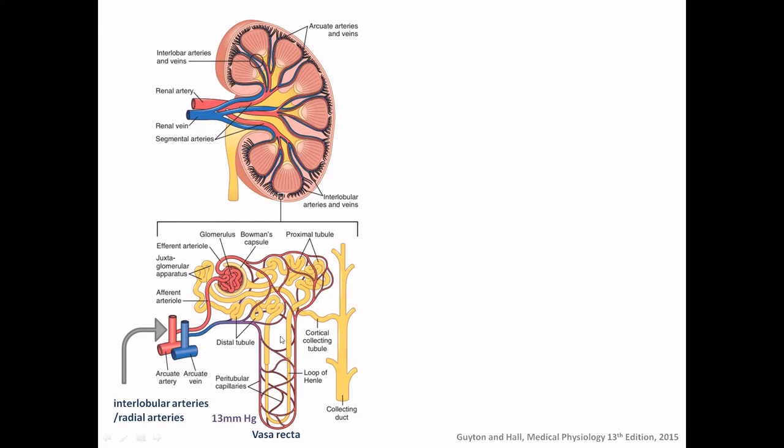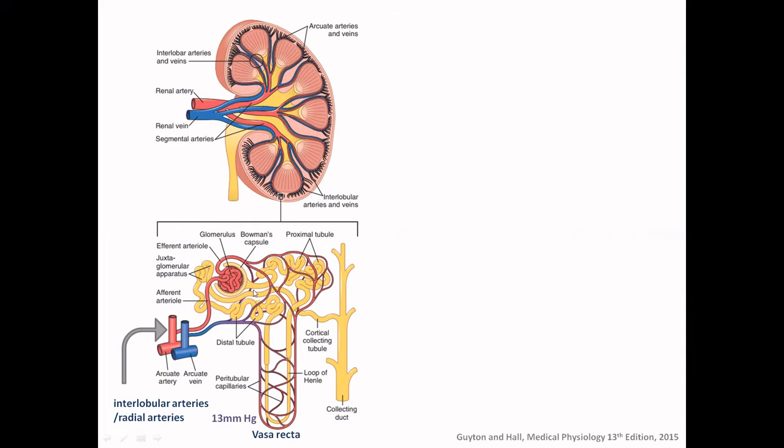The artery is branching, rebranching itself. So from this vasa recta and the peritubular capillary, the blood is drained into the vein. This is the vein, and from the vein, it goes into the interlobular or the radial vein. This is the interlobular or the radial vein. Then to the arcuate vein. From the arcuate vein, to the interlobar vein. This is the interlobar vein, the blue one. And after that, this is the renal vein.